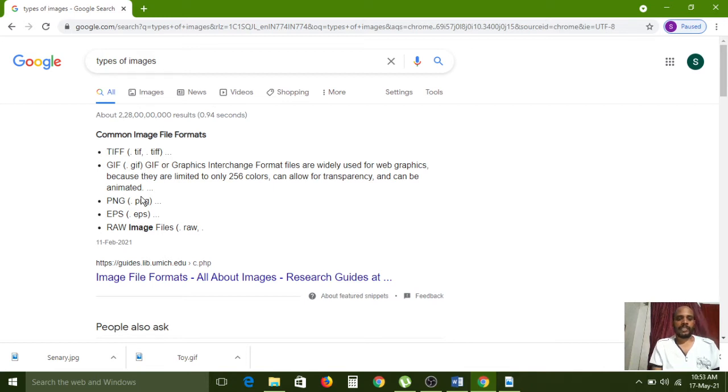And .png is also one of the image formats. .eps, raw images, as well as .jpeg. Like that we have a number of types of images. But nowadays we are using .gif and .jpeg. Understand? This type of extension images plays a very important role in the software industry.